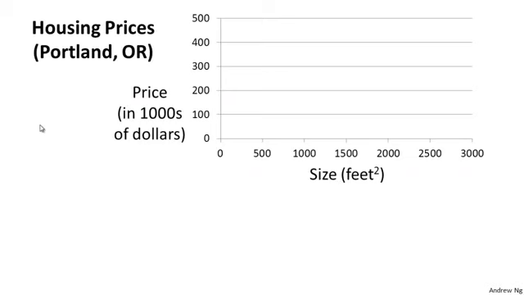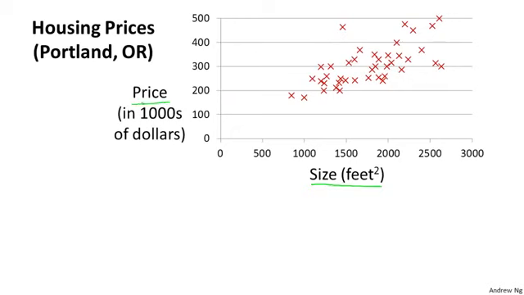We're going to use a data set of housing prices from the city of Portland, Oregon, and here I'm going to plot my data set of a number of houses of different sizes that were sold for a range of different prices. Let's say that given this data set, you have a friend that's trying to sell a house, and let's say your friend's house is of size 1,250 square feet, and you want to tell them how much they might be able to sell the house for. Well, one thing you could do is fit a model, maybe fit a straight line to this data. That might look something like that. And based on that, maybe you could tell your friend that they can maybe sell the house for around